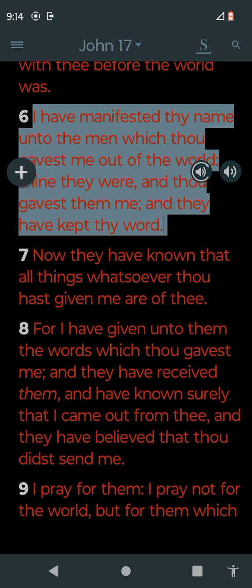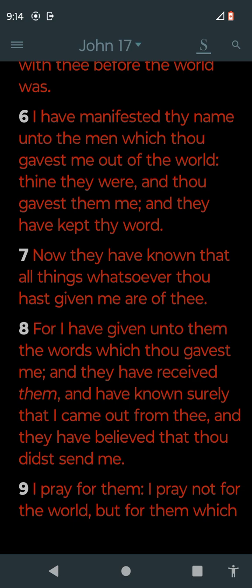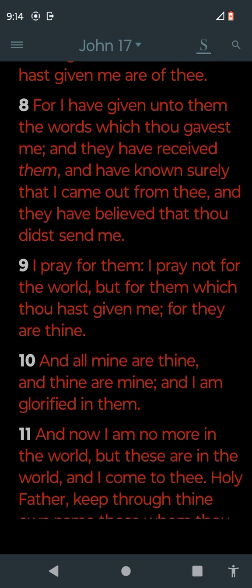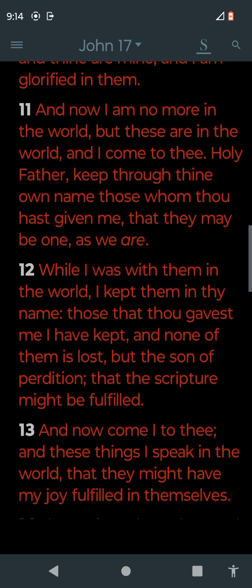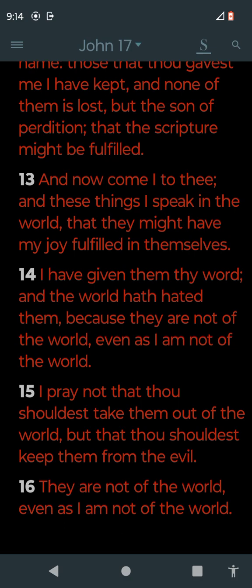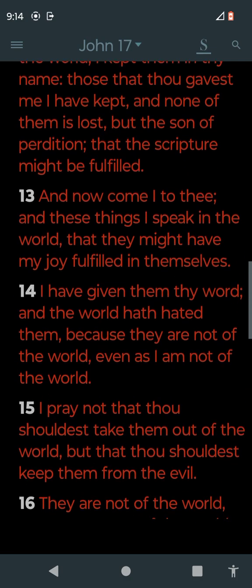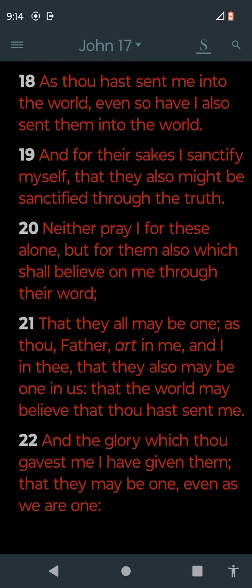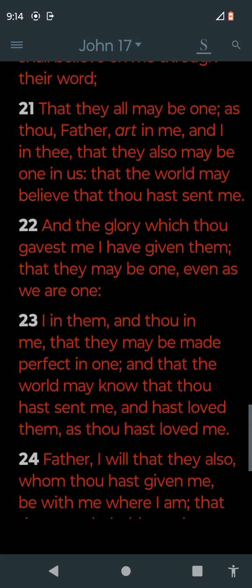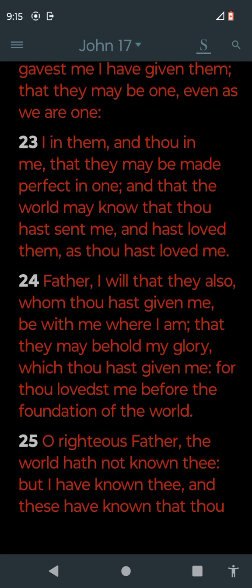I have manifested thy name unto the men which thou gavest me out of the world. Thine they were, and thou gavest them me, and they have kept thy word. For I have given unto them the words which thou gavest me. And so he goes on to say, I have given them thy word. Let's see. It says elsewhere that I have given them your name, and I will continue to give them your name. And so the whole point is this: